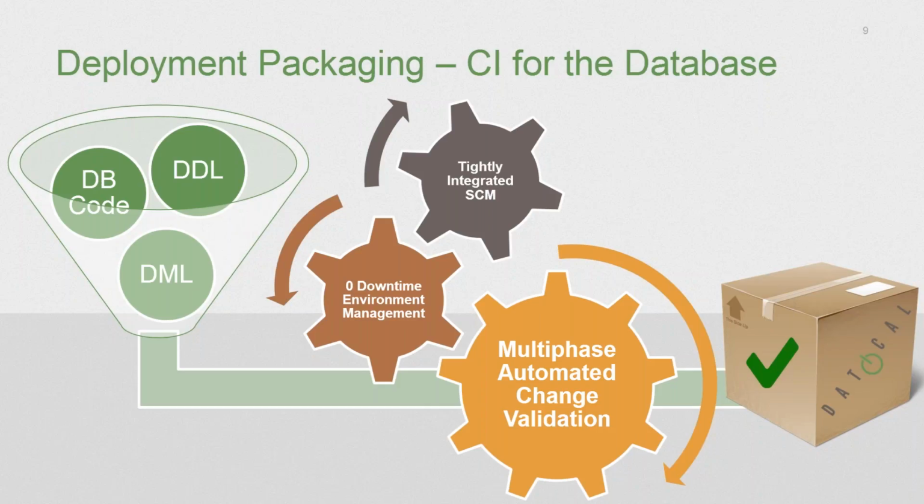We'll then reverse engineer those scripts into the Datical object model, and by putting it in that object model, we can not only validate the script changes itself, we can also take that in context of the larger database model and make sure that there aren't going to be any conflicts or you're not violating any rules or best practices around data types or naming conventions or things of that nature. So we've got that multi-phase automated change validation that really frees up the DBAs to concentrate only on those things